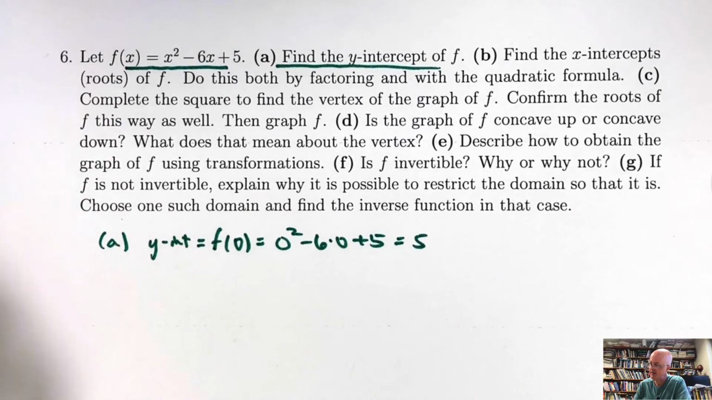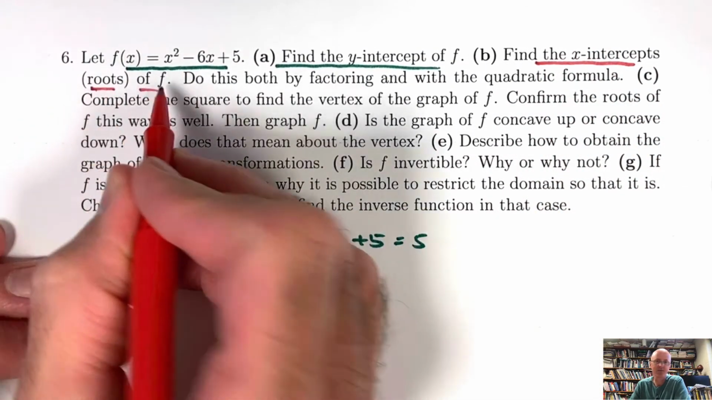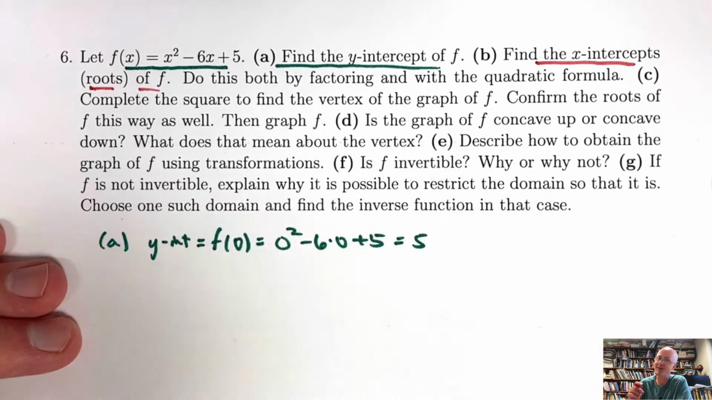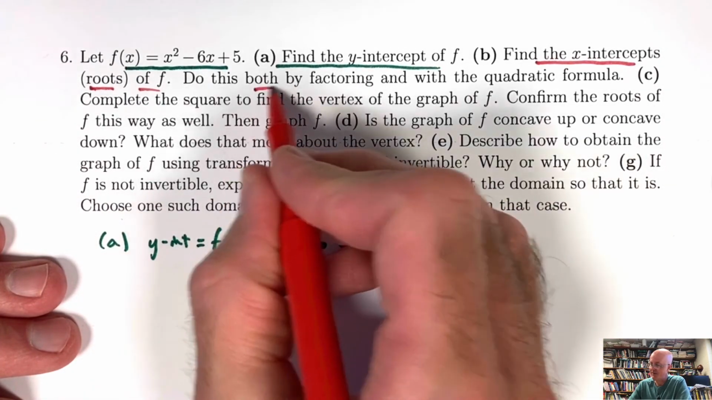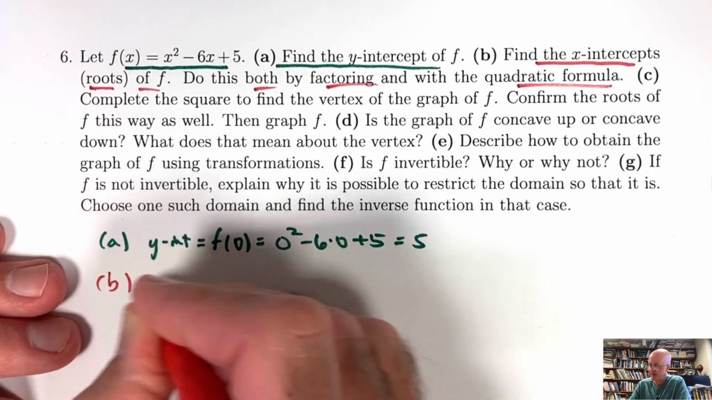Part B, find the x-intercepts of f, also called the roots of the function f, also called the zeros of the function f, but I didn't want to overdo it here. Do this in two ways, both by factoring and with the quadratic formula. Now, factoring